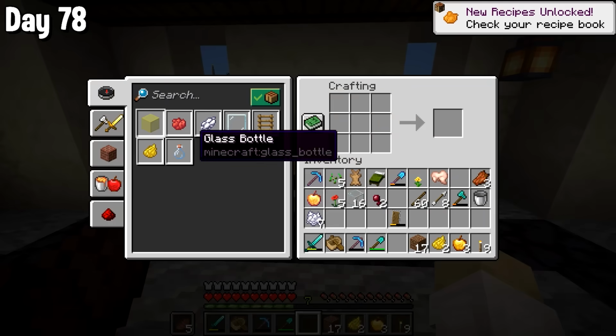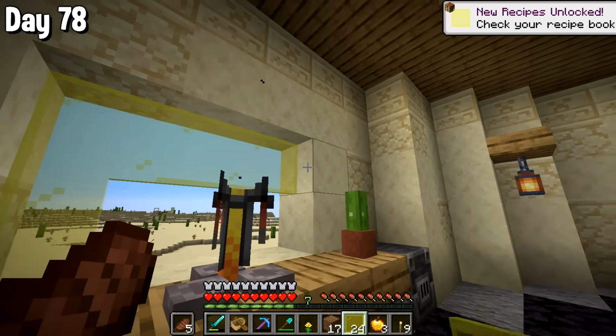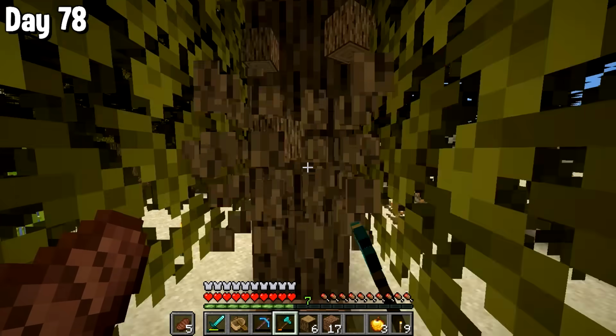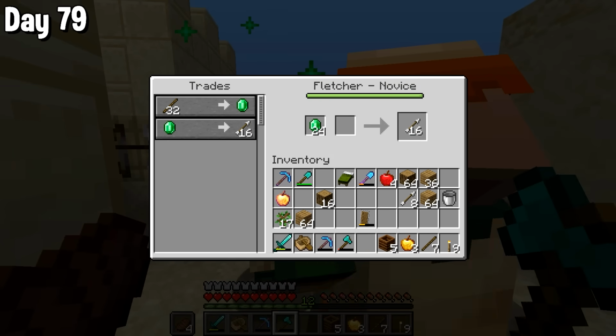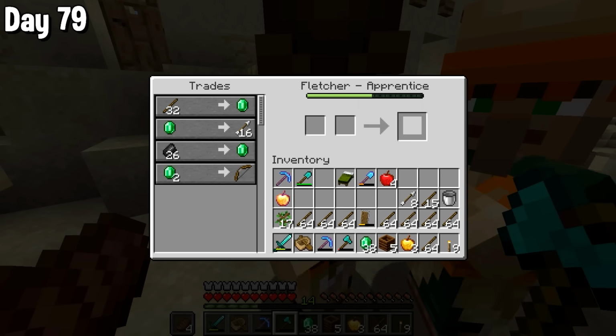I'm so sad. But hey, using the yellow dye from before, we finally added on some windows onto our base. I wanted to use some yellow windows just because everything in the desert is yellow. We may as well add yellow windows on here as well. I also traded with this Fletcher a bit to get some more emeralds, which we are going to be using